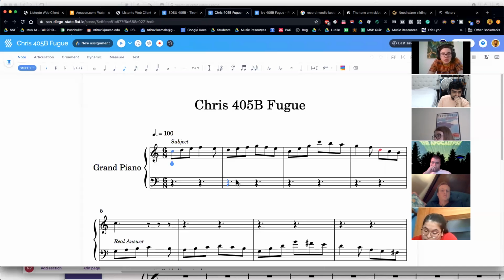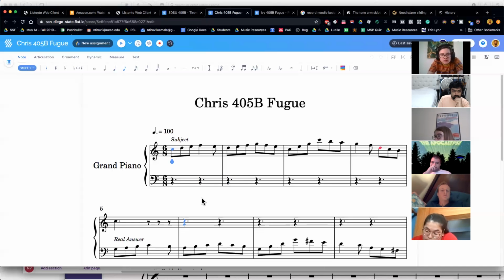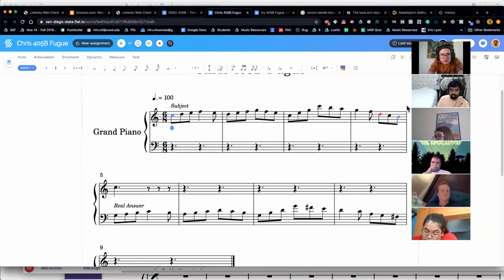Okay, so this is the same sort of advice I gave to Ivy. When you have this, it still seems like you're in C major, by virtue of the fact that you didn't end the subject in a way that leads into the dominant. So even though this is a real answer, it feels like a tonal answer, because you're starting with the C major tonality right away. So, like,